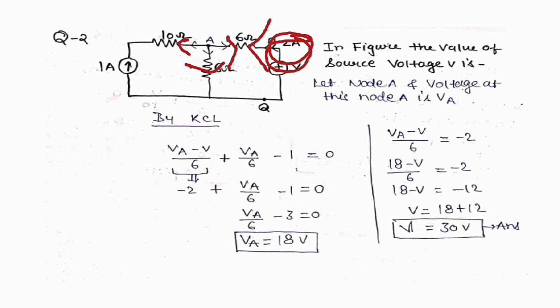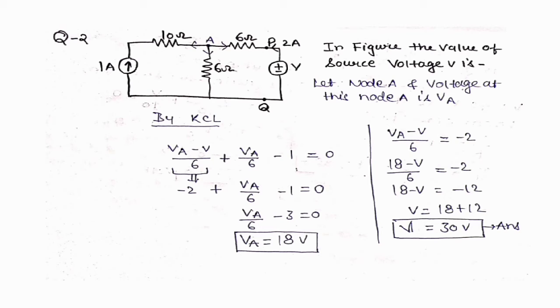Okay, it is given by the question. So you will have to put your -2 here. Either you change your direction, or if you change the direction like this, then it is okay. But if you make one thumb rule, whenever I find the node, then in that case we just consider all currents going from the node. If you make this thumb rule, then it is okay.